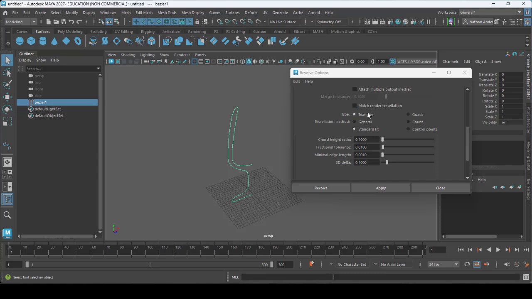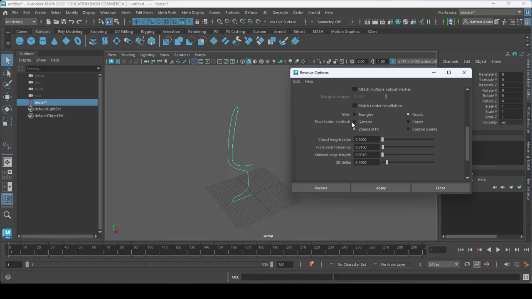I'm going to show you two different methods for generating polygons using curves. One is if you really care about the structure and the roundness and smoothness of the object, and the other is if you don't care that much, but you still want it to be good. So there's an easy way and a hard way, is what I'm trying to say. First, we want to switch our type from triangles to quads.